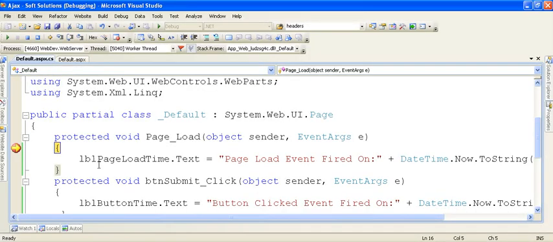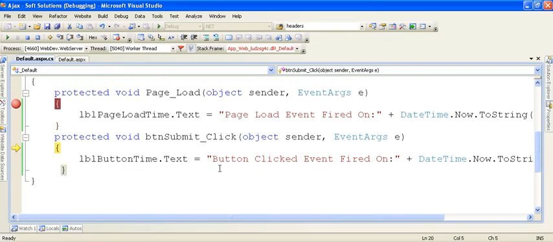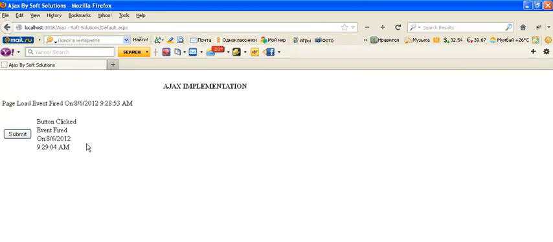Now when we click on the submit button, again the page load event fires and it will display the current date time in the label page load time, and after the execution of the page load event, the button submit click event fires and it will display the current date time in the label button time. Now you can see one thing, every time when I click on the submit button, the value of both the labels changes.